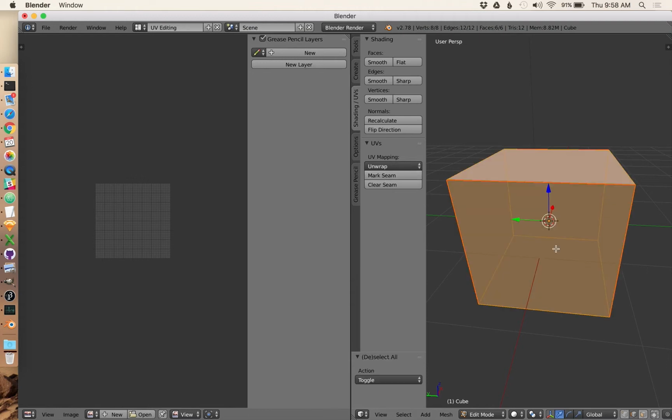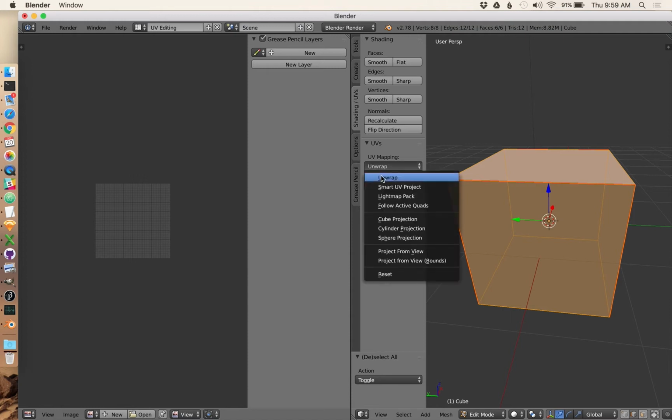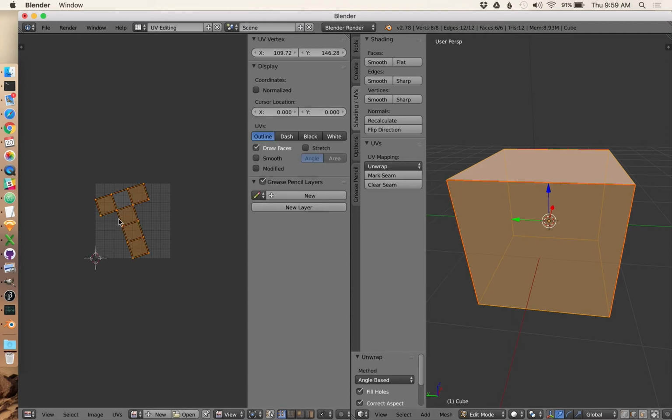Unwrap will only work, by the way, if you select everything. I did that with hitting A a couple times. There it is. So that's a flat texture. If it really bothers you that it's misaligned, you can press R to rotate it, and G to grab. Okay, the point is that this is going to be a PNG file that we can then edit